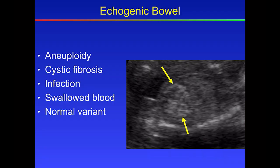Okay, next I'd just like to review echogenic bowel. Sometimes these look like little light bulbs, and sometimes it's just like the walls of the bowel. Findings that we look for, they can be associated with aneuploidy, so many people will go on to NIPT. They can be associated with cystic fibrosis. We always have our genetic counselors talk to these patients so that they can do testing for cystic fibrosis and